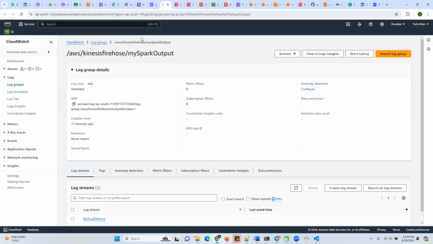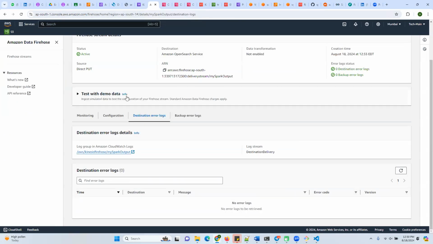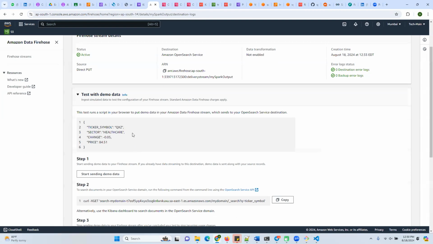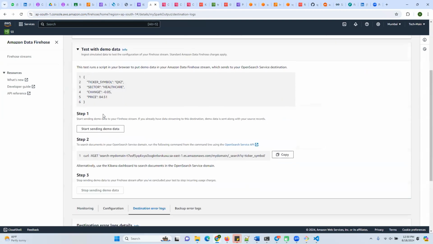And in Firehose, one thing is there: you can test with demo data. This test demo data you can start, and you can check whether your connection from the Firehose delivery stream to the OpenSearch is working. Okay. And this is the ticker symbol you will search. So if I start sending demo data,